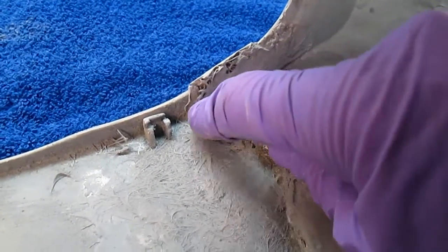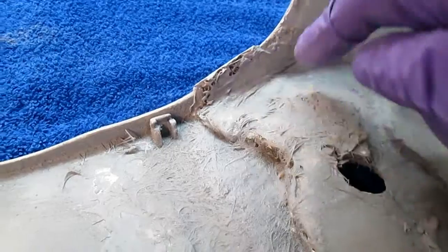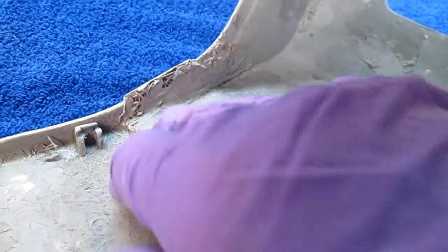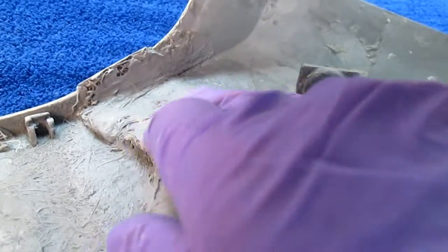But it's already, and then I'll put a patch on. It's already got it looks like somebody mixed a handful of that mat and just pushed it in there and didn't even sand it down. But